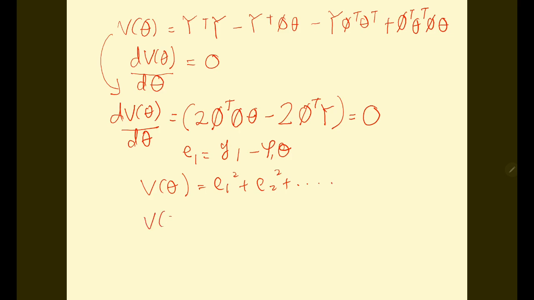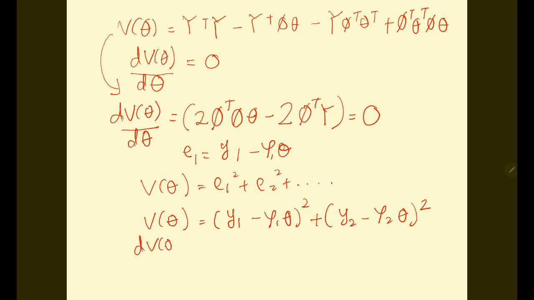So V theta equal to y1 minus phi 1 theta squared plus y2 minus phi 2 theta squared,